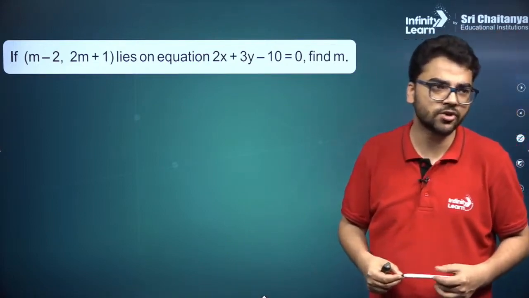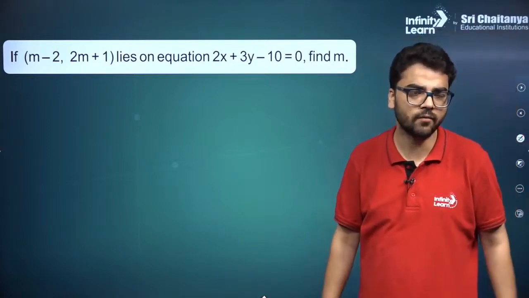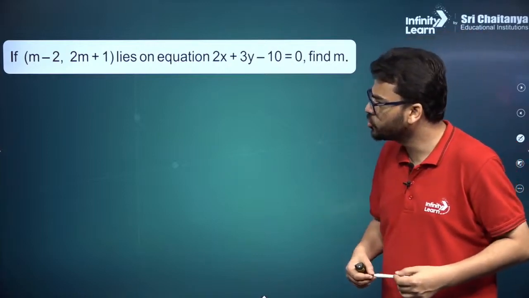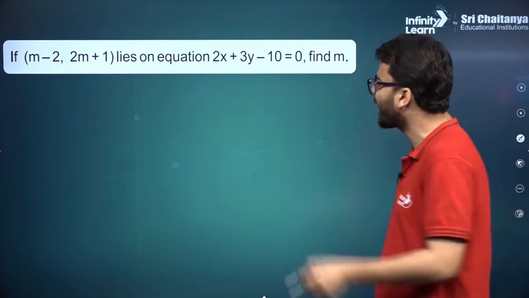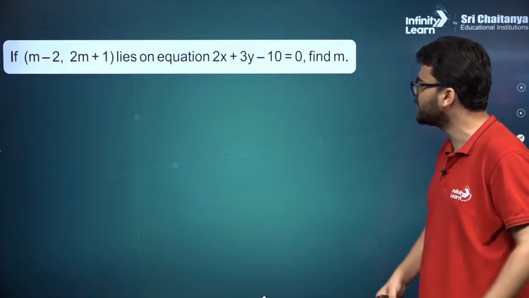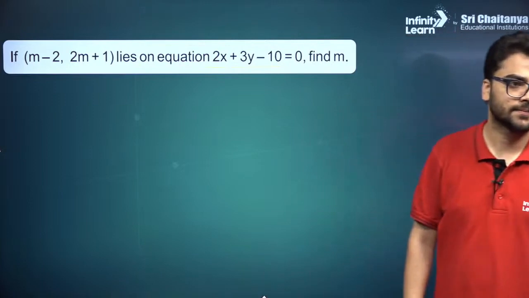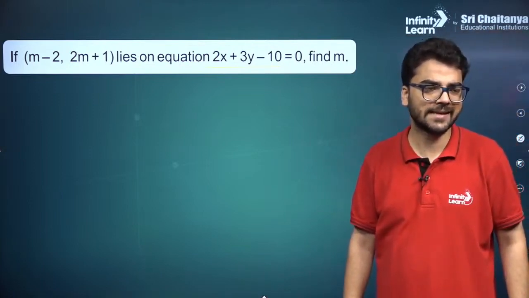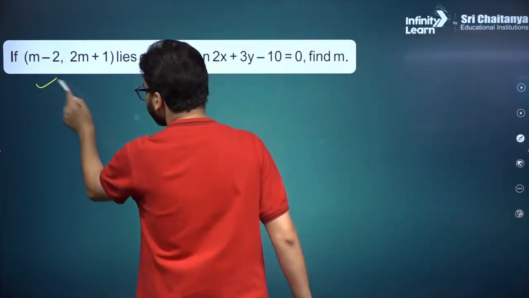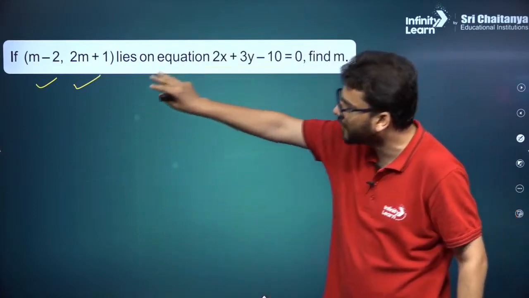Try doing this question, Jayashri, Jamin, Vijay, Sushma. इसको करो और tell me the value of m over here. So if m minus 2 comma 2m plus 1 lies on the graph of this equation 2x plus 3y minus 10 is equal to 0, then you have to find the value of m. Jamin is getting 1. What about other students? See, this we have already seen. If this point is lying on the graph of this equation, it means this equation will be satisfied by these